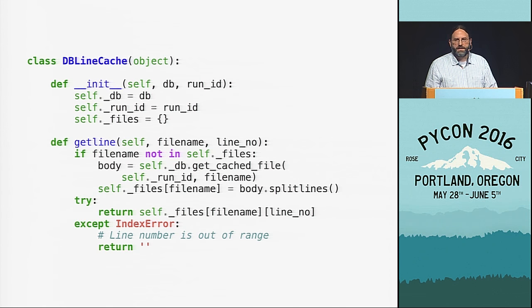So I added some calls to the database API to let me store the source code there in a separate table. As you run your program, it actually sends a copy of the source over the wire and stores it in the database, so that it's recorded along with the version of the program, the output that you're collecting. And then I created a DB line cache class that takes a file name and a line number, but instead of reading from the file system, it reads from the database. It's not really complicated, but by designing it the same way that the line cache module works, it meant I could just drop it in, and the existing formatter code didn't have to really change at all.